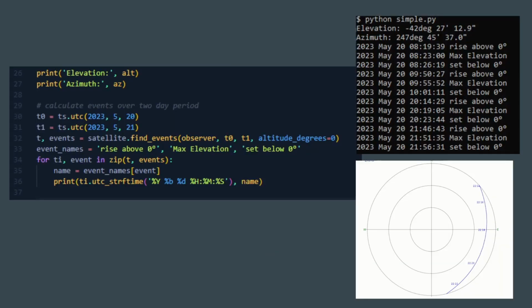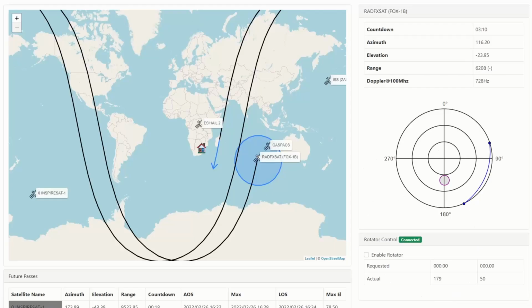Knowing this, let's update the code to calculate the next couple of passes, meaning when will the satellite elevation be above 0 degrees. If we run our simple example, then we can see that the satellite will pass over my house multiple times on the 20th of May. Keep in mind that the point of max elevation does not necessarily mean at 90 degrees. This will be different depending on its orbit. But for that pass, that is the highest elevation it will have. I've added a polar graph to visually show what I mean. This is obviously a very simple example, but it's the basics of a satellite tracking application.